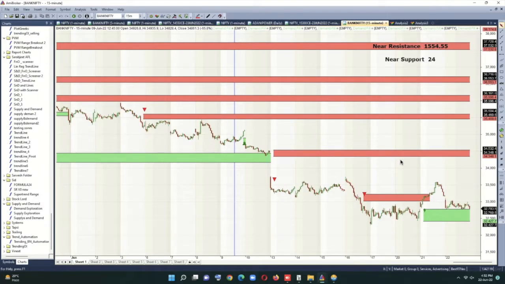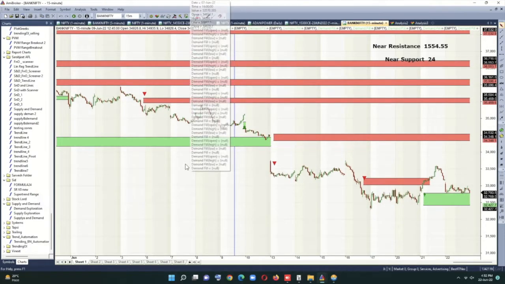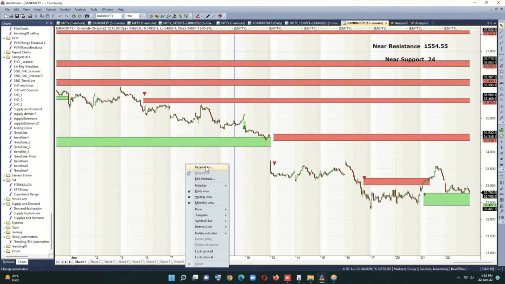This is an introduction video of a supply and demand indicator on Amibroker. So here it is. All the red zones are supply zones and green zones are demand zones, and you can see today Bank Nifty is very near to the supply zone, demand zone,